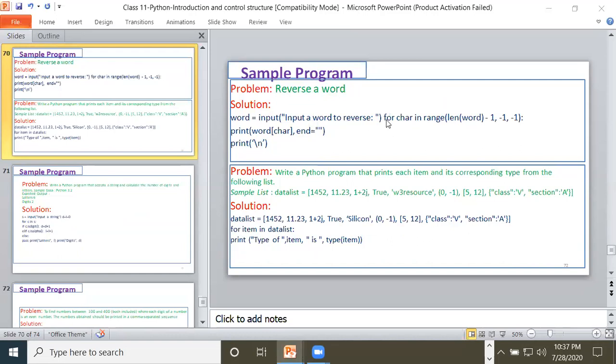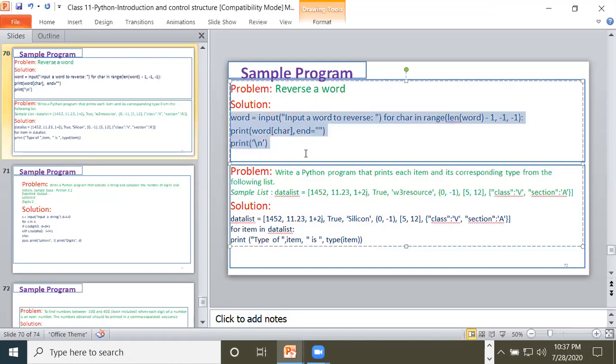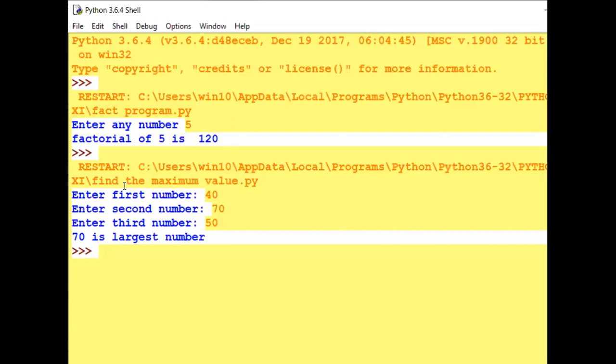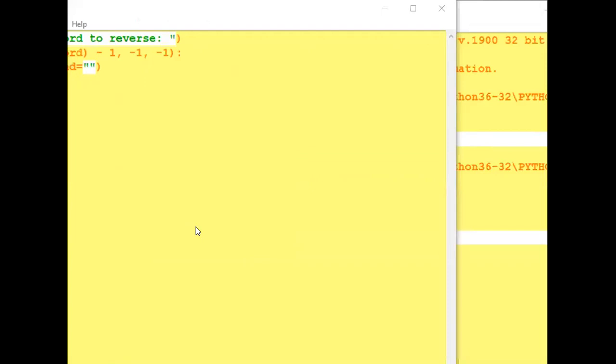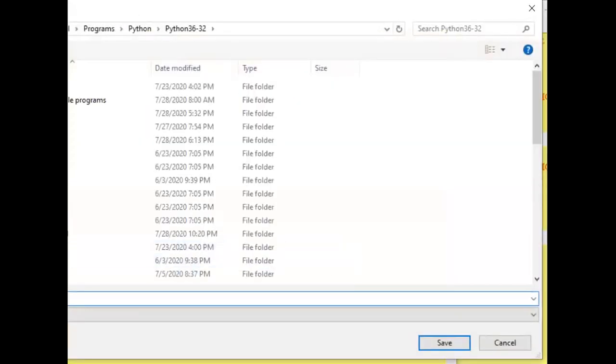This is the next line: for char in range len word. See, I am showing it with the practical. I am renaming this with word.